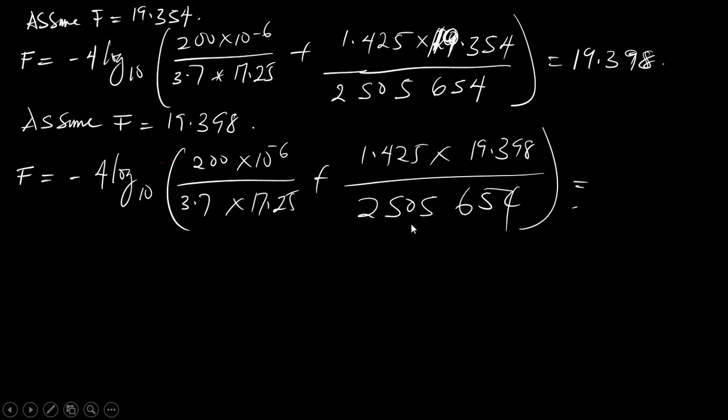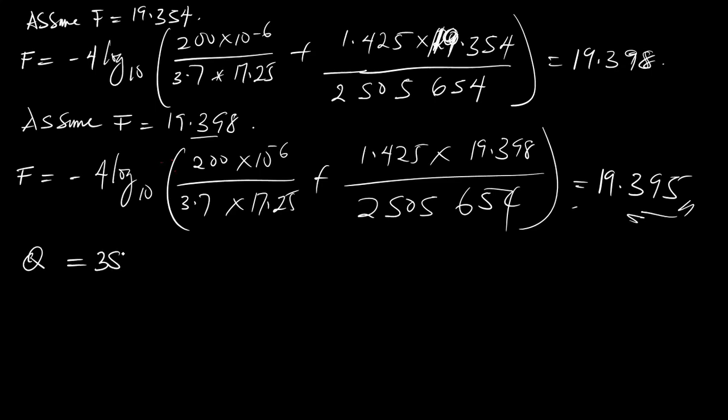19.395. So this is the final answer. Since the difference between this value and this value is not much, that's what we're going to use. So now we're going to invoke the general flow equation, which is Q, the flow rate, equal to 38.77 times F times the base temperature divided by the base pressure